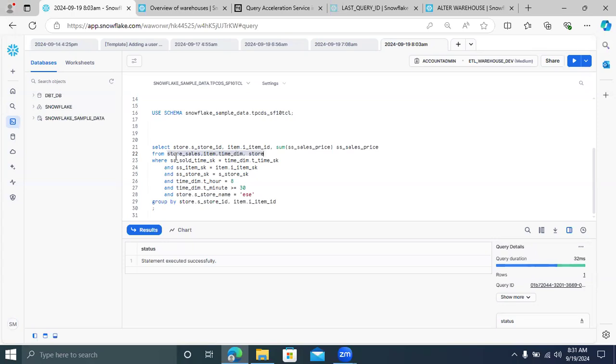On these 4 tables I'm putting some inner joins, and then I'm filtering some conditions: hour equal to 8, minute greater than 30, store name is ESC. Then I'm grouping by store ID and item ID. From that, I'm finding the sum of sales price, the total sum of sales price. This is what the query is. Now just fire this query.